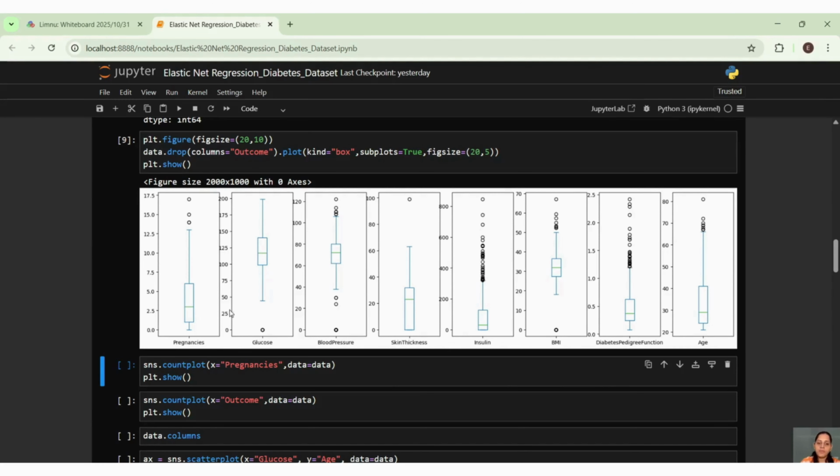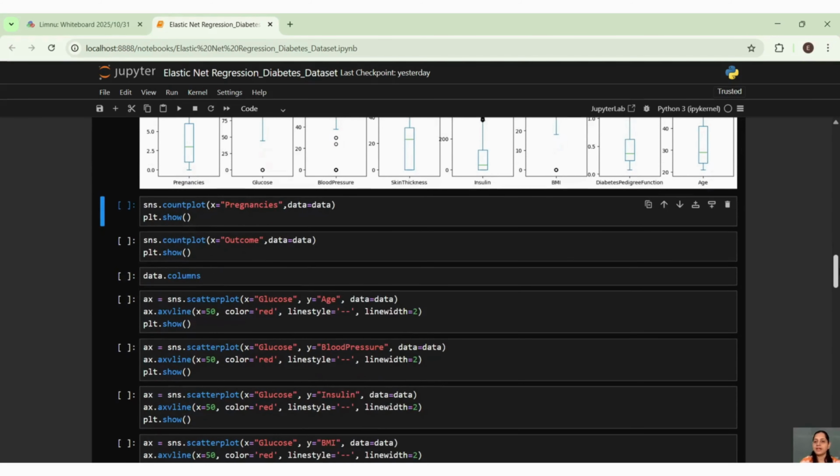However, according to me, these are not outliers, right? You can see these values are very close. Then here we have one value, skin thickness, that is present at 100. Then insulin, again, you can see one whisker is very tall and there is no other whisker. So that means here the mean is not taken properly. Then in BMI again, those are very close. Then this one again, closer value. So all are closely packed. I don't see any outliers in this.